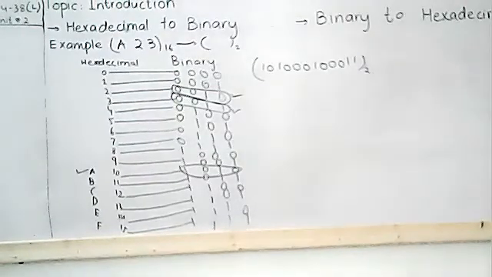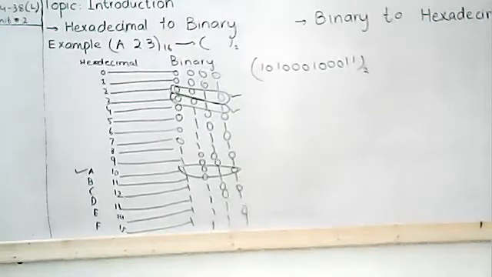समझ आई? Okay, so there is an example A23. Now you can take the values in a very simple and easier way. A जो है 10 होगा, इसकी वैल्यू होगी 1010। Okay, first of all you have to write the value of A, then you will write the value of 2, and then you will write the value of 3, right? समझ आई? यस।